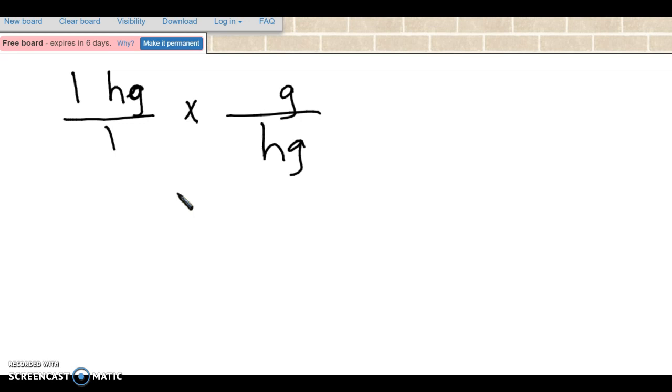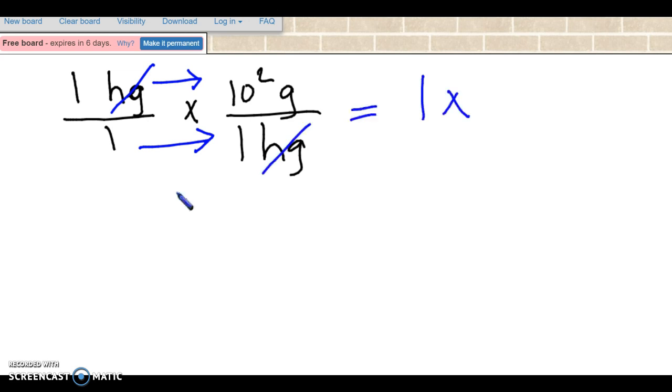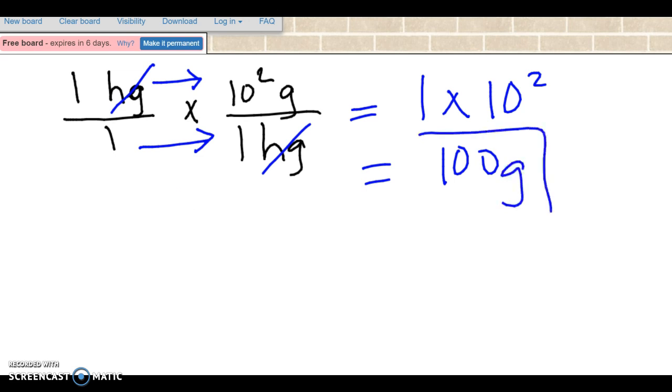And then what we do is we attach our values. We know from the first slide how many grams there are in a hectogram. Hecto has the prefix 10 squared, so there are 10 squared grams in 1 hectogram. Now we multiply the fractions by multiplying numerators straight across and then the denominators. So the hectograms end up canceling out, and 1 times 10 squared is just 100. There are 100 grams